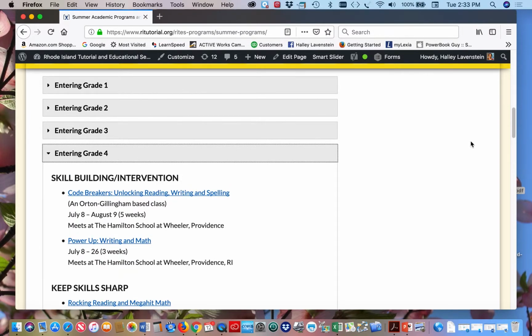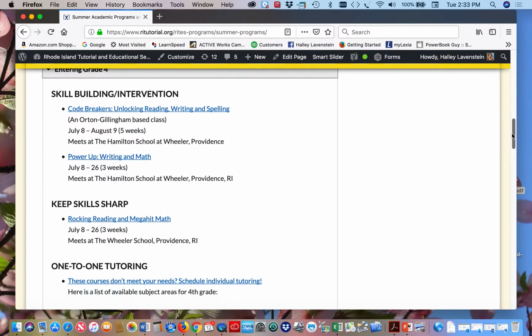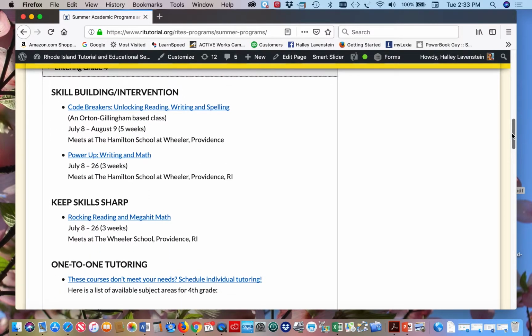And I get a drop-down menu of different courses that are offered by Rhode Island Tutorial. So we have it broken down by our intensive intervention classes. We have a couple of options here. We have our keeping skills sharp. That's to avoid the summer slide for some students. We have an option there. And then if these schedules don't work for you and you want to look at and explore one-to-one tutoring, we have that as an option as well. But let's say I'm interested in the 3-week writing and math class. So I click on the title,